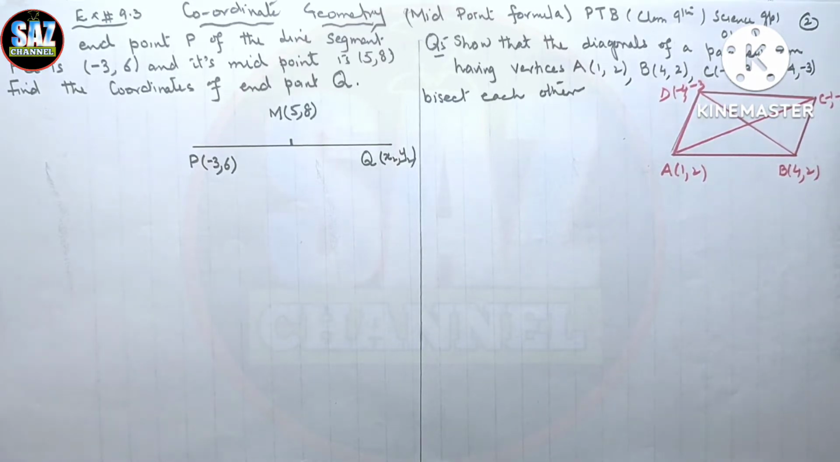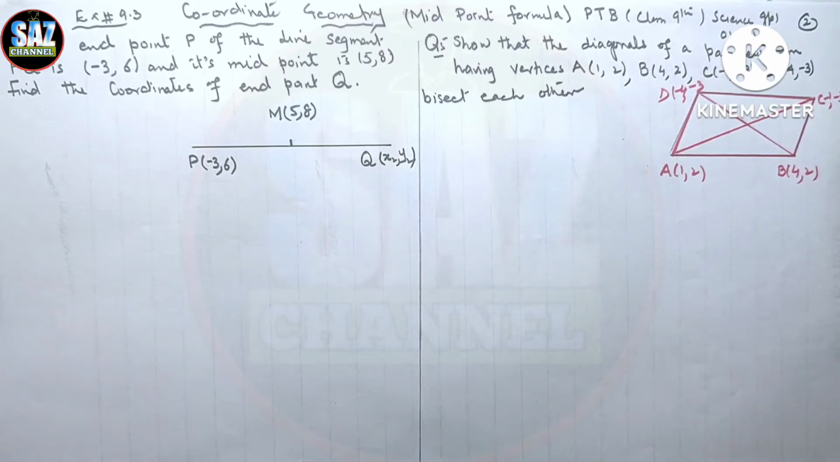This is my second lesson of PTB class 9 science groups book, and the topic is the midpoint formula in coordinate geometry, exercise 9.3, and the lesson is equally important for my O-level students as well. So both PTB students and O-level students can get benefit from these lessons, and please watch and understand the complete